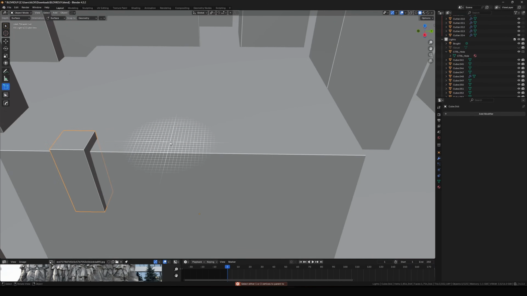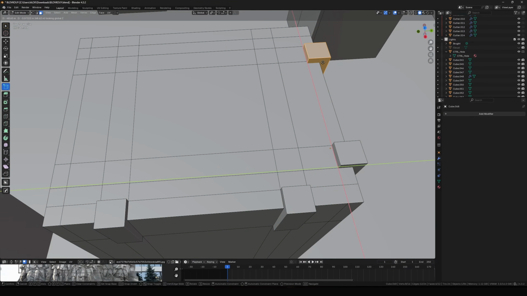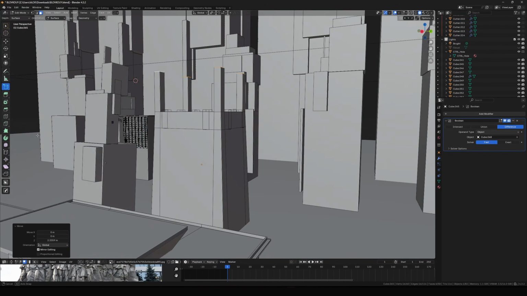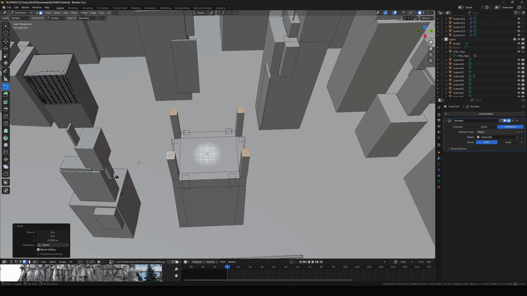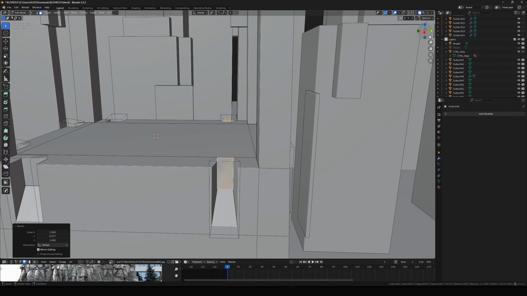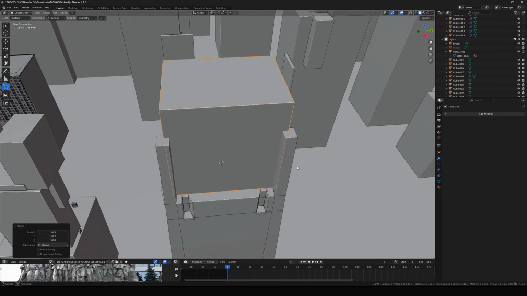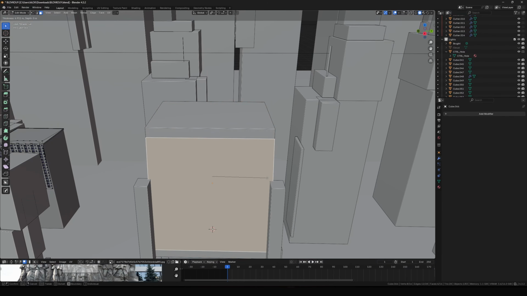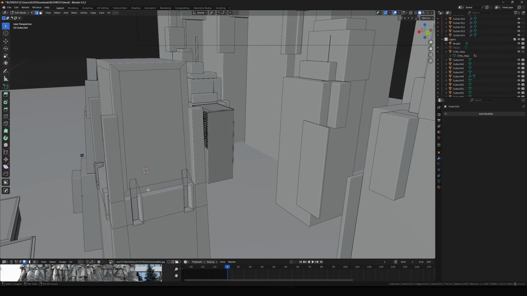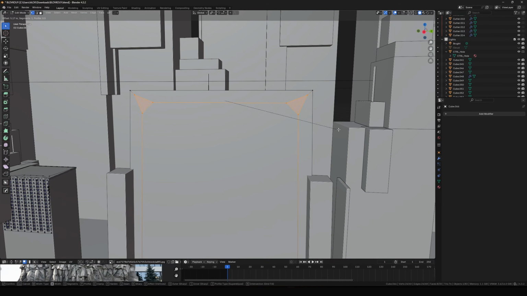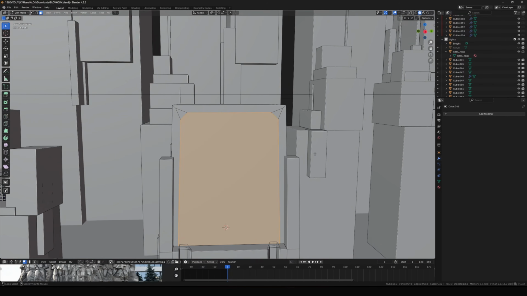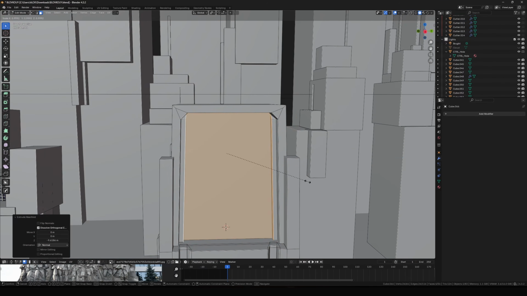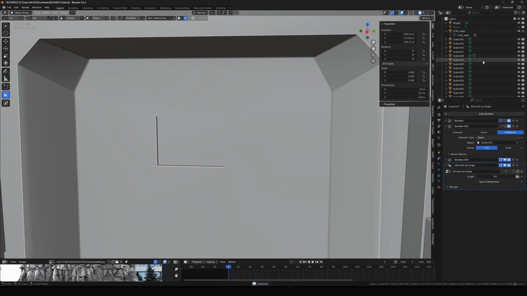Now I'll move on to another building. The main building in the background. Again, referencing from Pinterest. I don't want it to dominate, but it just needs some presence in the background. It adds to the shape of the main administrative building. It adds height to these flat and long buildings. It adds elevation. And for extra subtle detail, bevel individual vertices and push some booleans in for windows and make